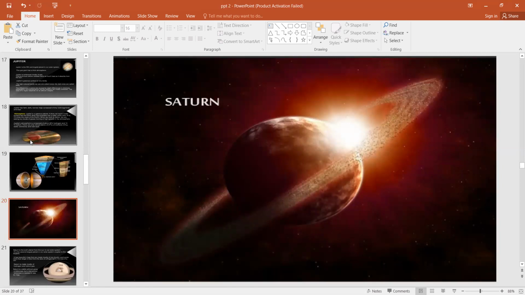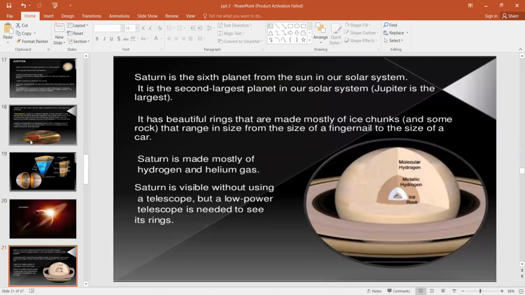Now comes the planet Saturn. Saturn is the sixth planet from the Sun in our solar system. So it is the second largest planet in our solar system. It has beautiful rings that are mainly made up of ice chunks